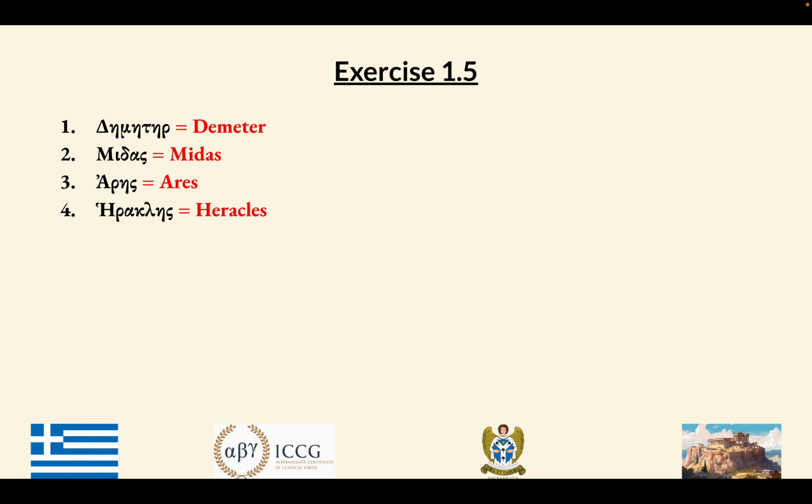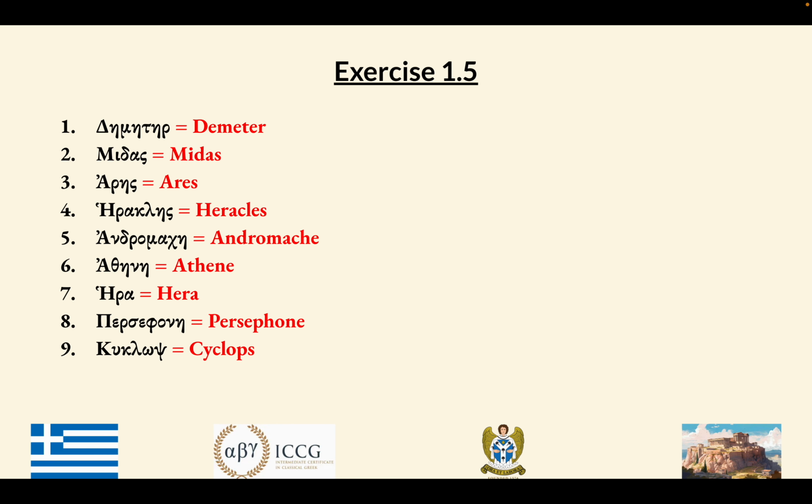So it's a long E. The thing that makes the H sound is not that letter, it's the rough breathing to the left of it. So Heracles. The rough breathing is the H sound. The thing that looks like an English H is in fact the E sound. Heracles. Okay, then Andromache, then Athene, Hera,